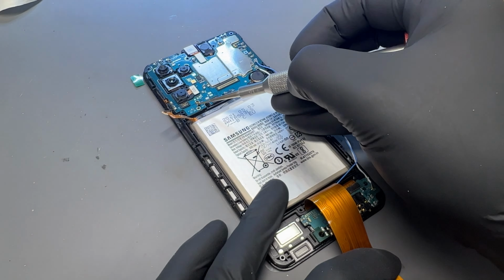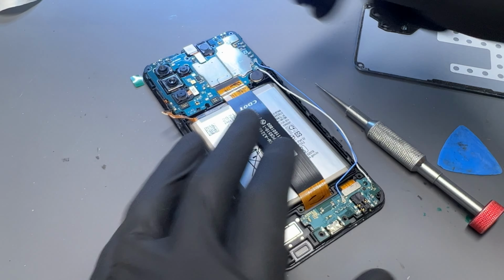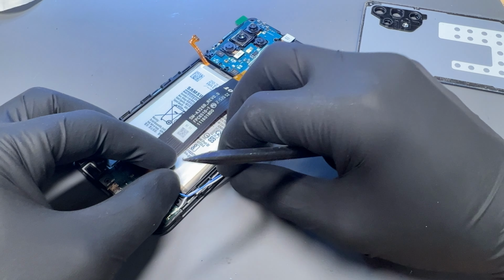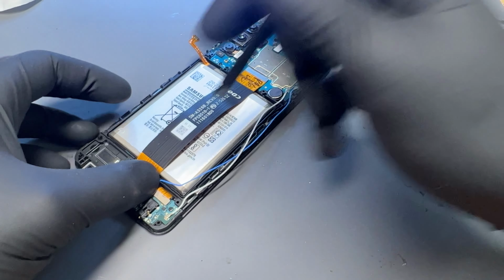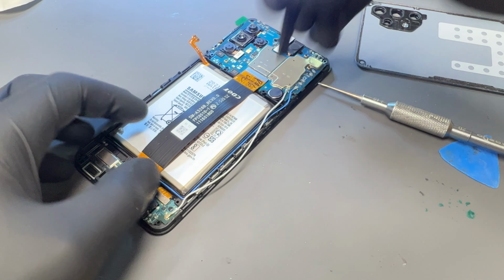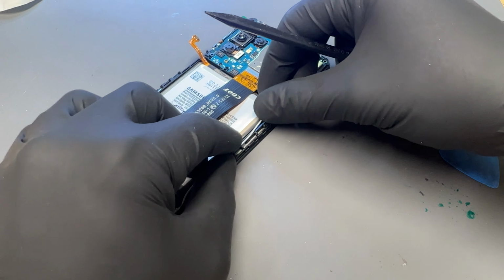Then connect the sub to main flex, or in this case sub to screen flex. Then tuck away the blue and the white cable. I believe the blue one goes on the bottom. And then is secured into place with the white one, because that's a little bit thicker. With everything connected now, we can install the battery connector, make sure all the screws are in that we want in there, then take that mid frame